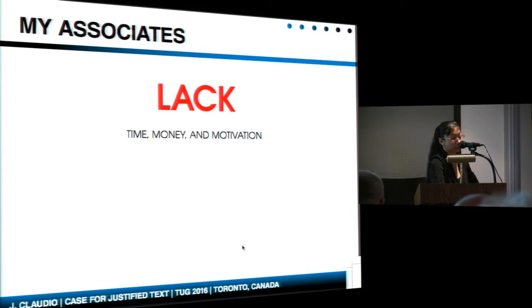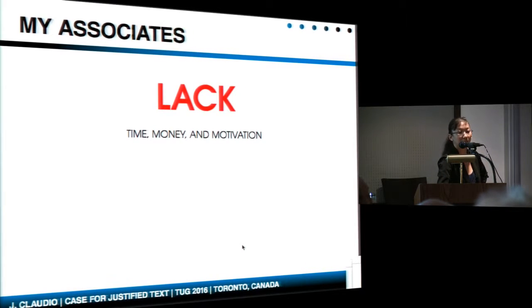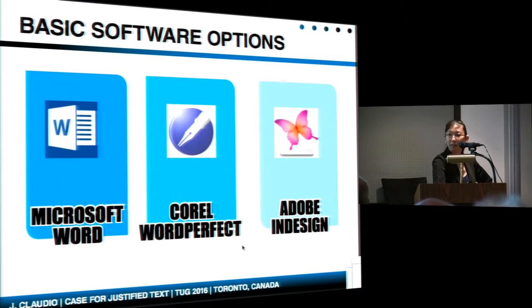What they lack, or what we lack, I should say, are time, money, and motivation, of which money is actually the least of our concerns. Time is probably one of the biggest ones, and the motivation fluctuates depending on the level of the institution or individual, or even in individual students. We have some students who are highly motivated, they go to college. We have ones who kind of sit and breathe all day and do nothing. They're not the ones who are going to be typesetting. Breathers.